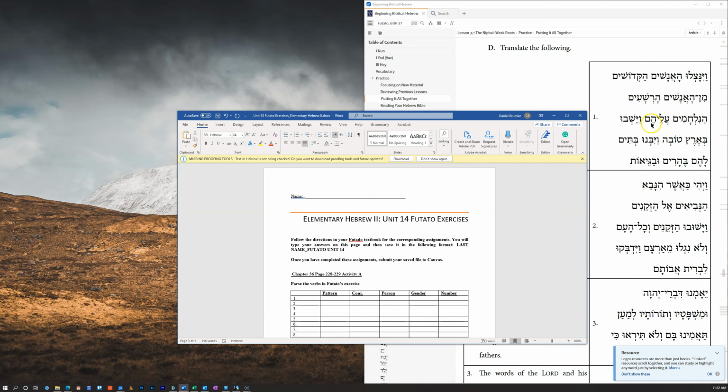aleichem, against them. So al is usually over or upon, but it also has this, what's the word? Oppositional. I don't know what adjective I'm trying to think of. It's the opposite of disadvantage, I guess. Yeah. So, anyways, against them. So they rescued the holy men from the wicked men who were fighting against them, and